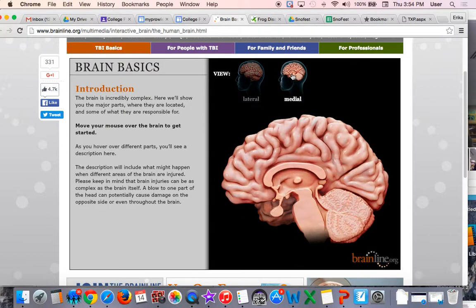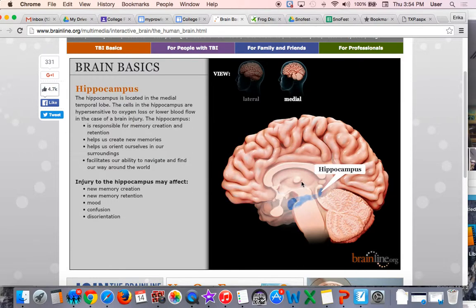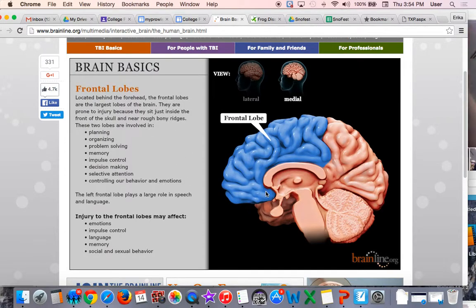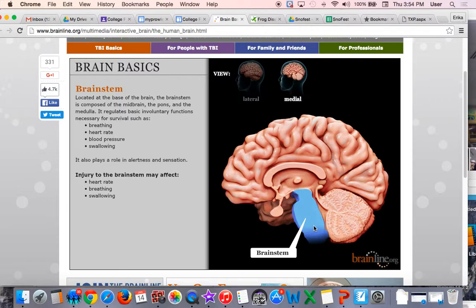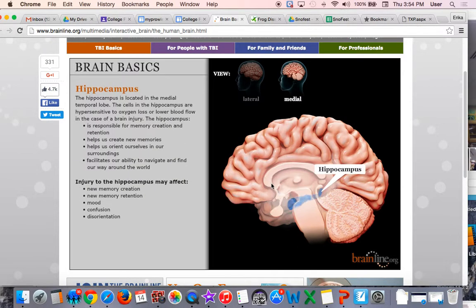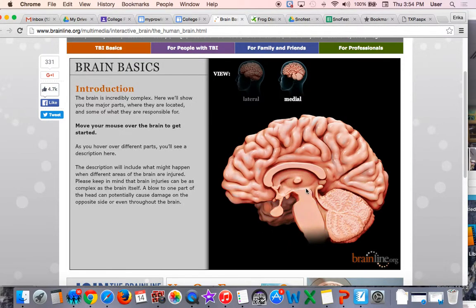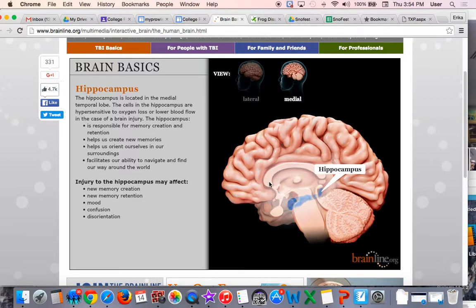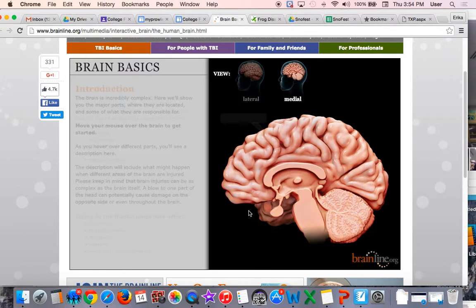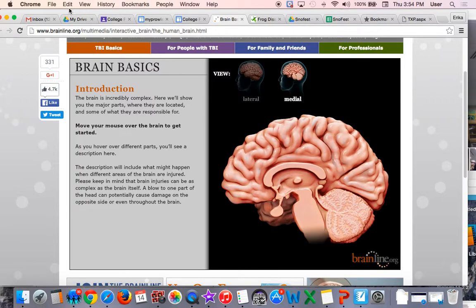So that's that image of the brain. Essentially this image shows if you cut the brain in half and looked on the inside, what you would see here is the brain stem, some other parts of the brain called the hippocampus, pituitary gland, but we're not going to get into all those details here. All right.